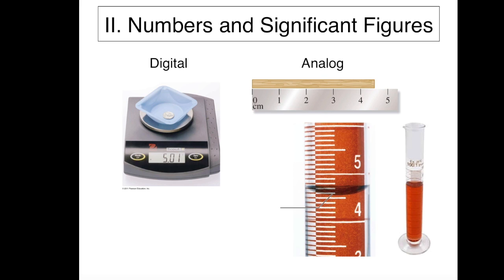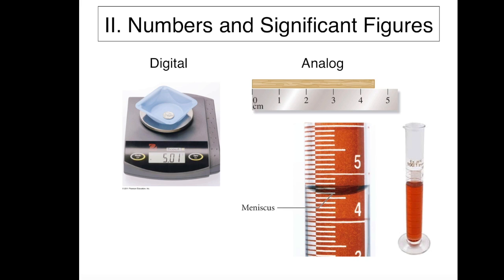Now when you measure volume in the lab, for example, you have to develop another skill. It is also an analog, but you have to develop another skill, which is to read it from eye level. The bottom part of the surface of that water has a special name, and we call that the meniscus. So when you read the volume in a graduated cylinder, for example, you have to read at eye level of the meniscus. So in this case, the bottom line there, I would read this at 4.55 milliliters. Now we won't go into detail on how we got that. You may go back to this slide later to confirm that measurement after we talk about how to read analog